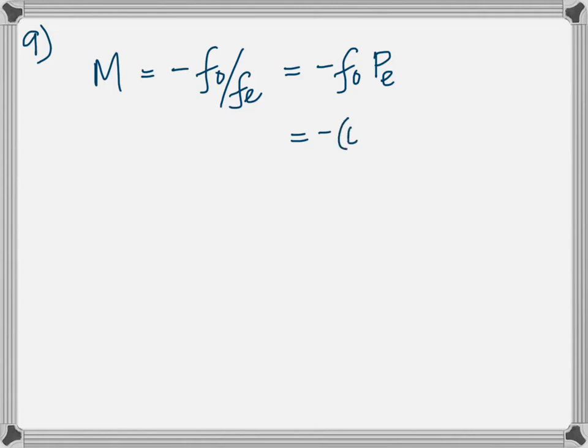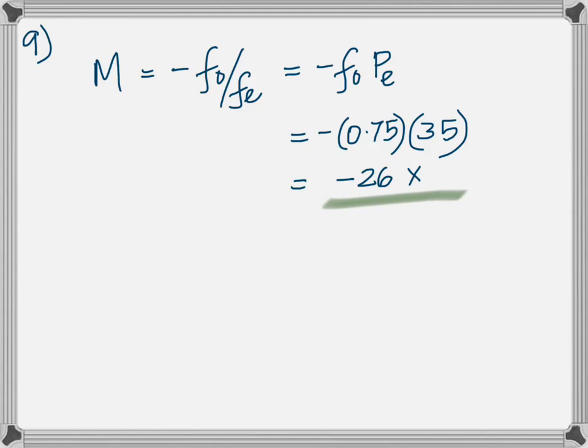The ninth question, quite simple because it talks about an astronomical telescope for which the magnification is negative FO by FE. Here you have both. It's only that the power of the eyepiece is given, and that's 1 by FE. So that's why the formula became negative FOPE. Everything has to be in meters whenever you work with diopters. So you get it as negative 26 times magnified. The last one,